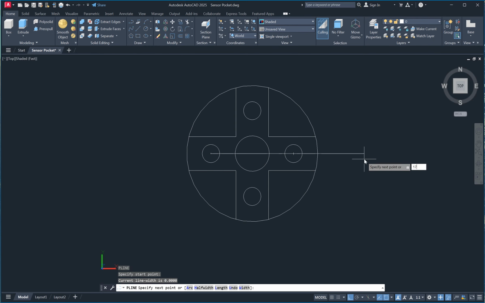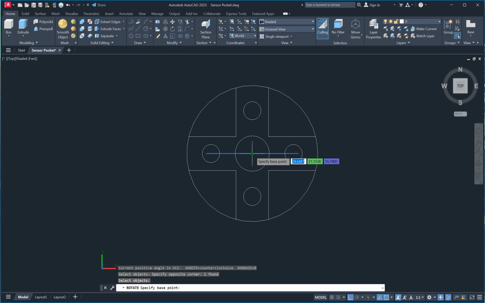We give 17.50, enter, and then move, M enter, move it to the middle here, and then rotate, RO enter, select object, select here, enter, specify base point, we click here, and specify rotate angle, we give 45 degree, yeah, like this.